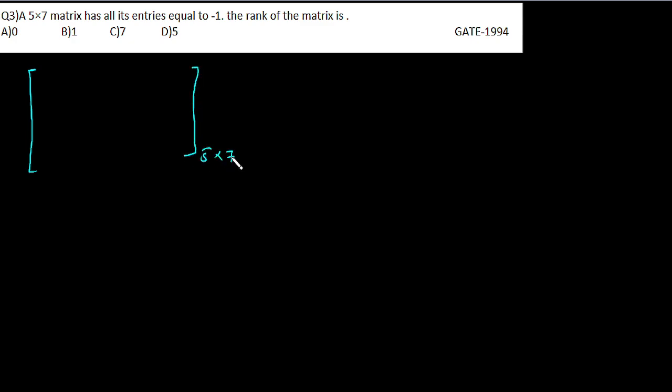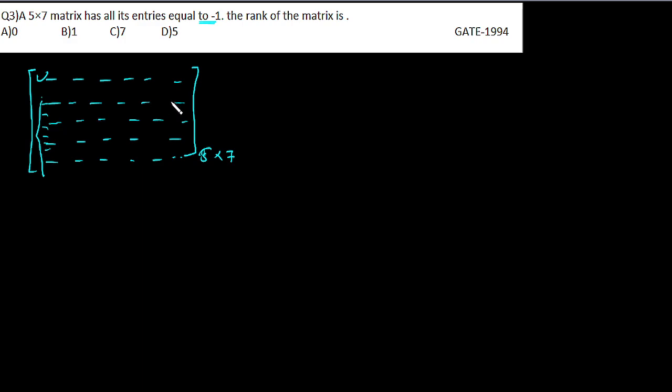5 cross 7, and it is given that all its entries are equal to 1. Now it does not matter how big the matrix is, because all the elements of this matrix are identical, so it does not matter how big the matrix is. Because these rows are identical to this first row, all rows are identical, so we can reduce